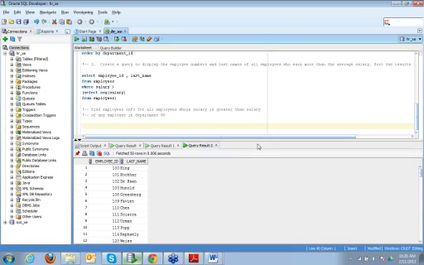So what is the question here? First, let us try to understand the question. Find employees info for all employees whose salary is greater than the salary of any employee in department number 80.